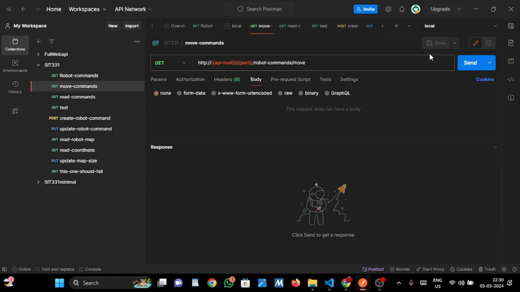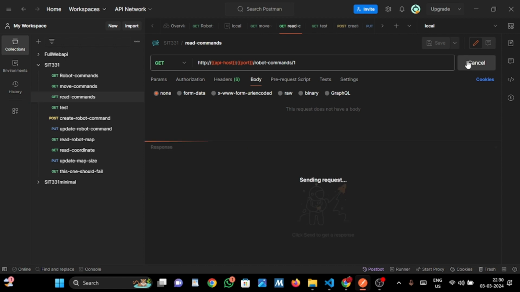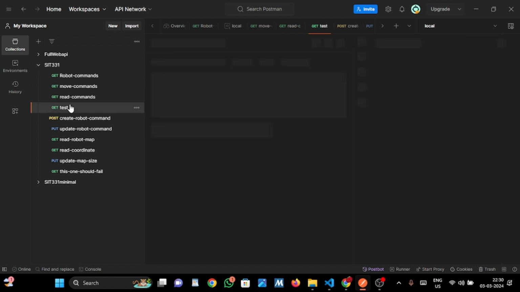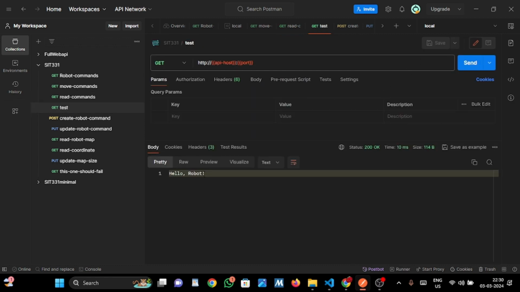Now let's say for the move commands, if I would be sending it, then I would be accessing the move command. Now for the read commands, I would be accessing the ID, the specific ID for which I want to access. Let's say for the test commands, it would just be giving the hello robot. Now for the post commands,